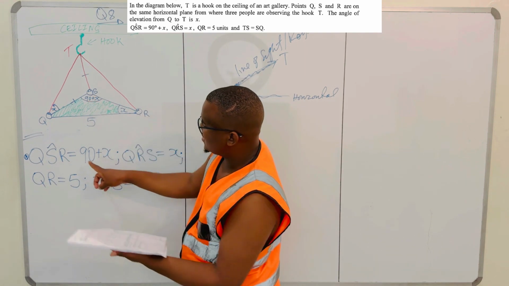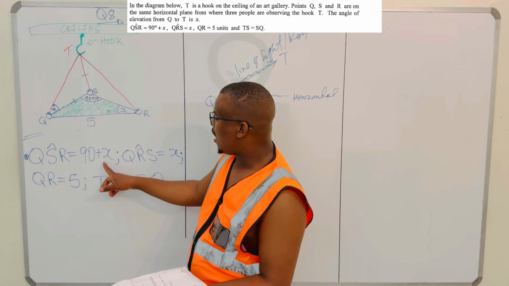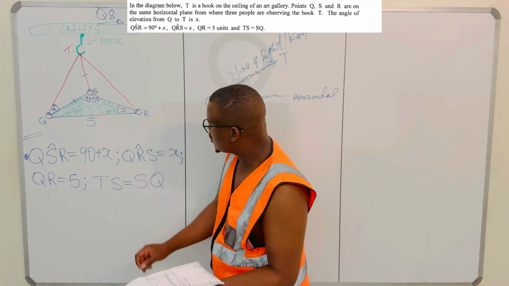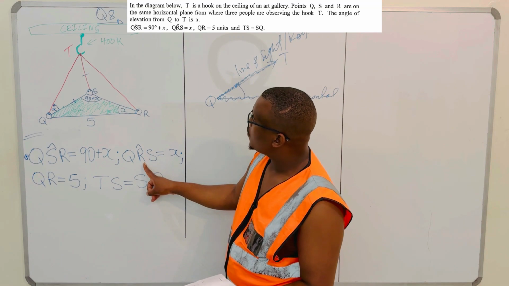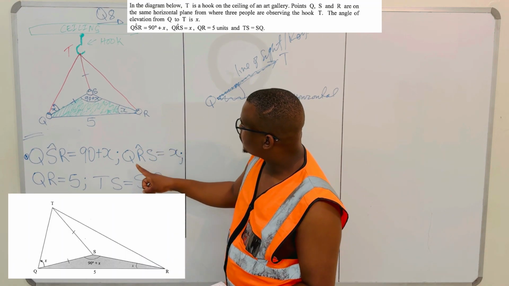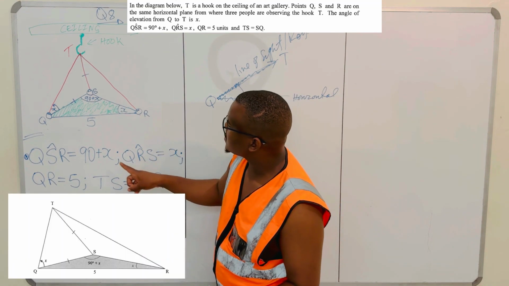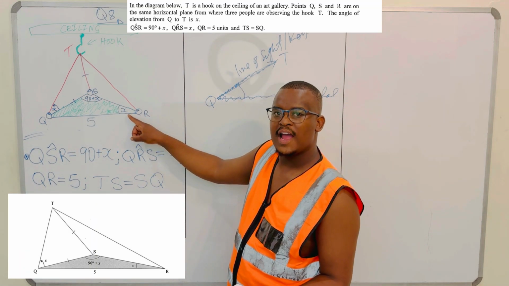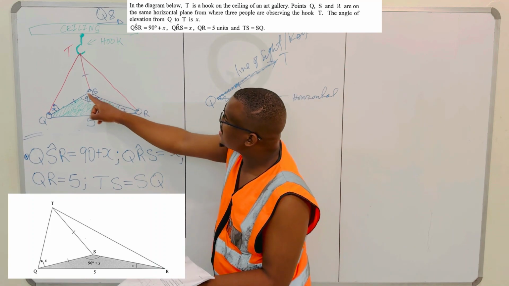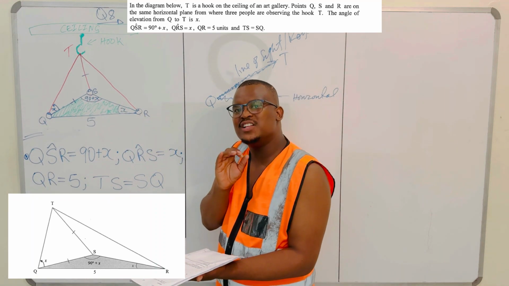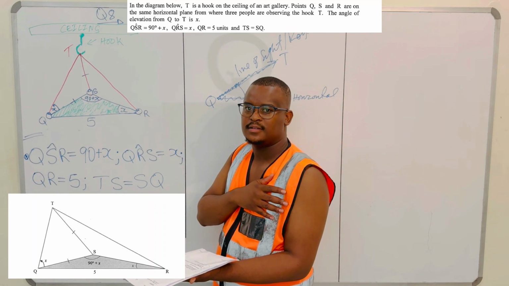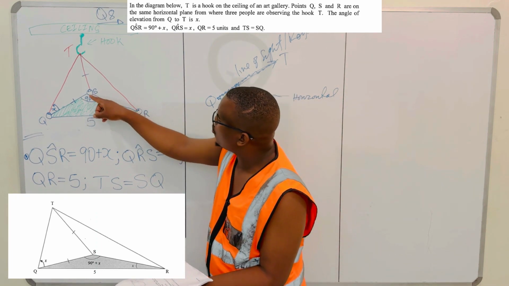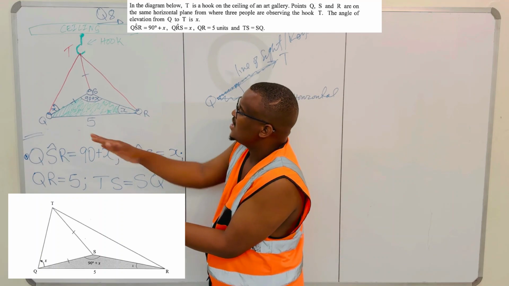Angle S in that triangle is called 90 plus X, where I would think your X is an acute angle. Not a problem. Your angle R, where is R? R is here, of triangle QSR. QSR is also the angle in which three points lie on the same horizontal plane. So this angle here is formed by the triangle at the base,